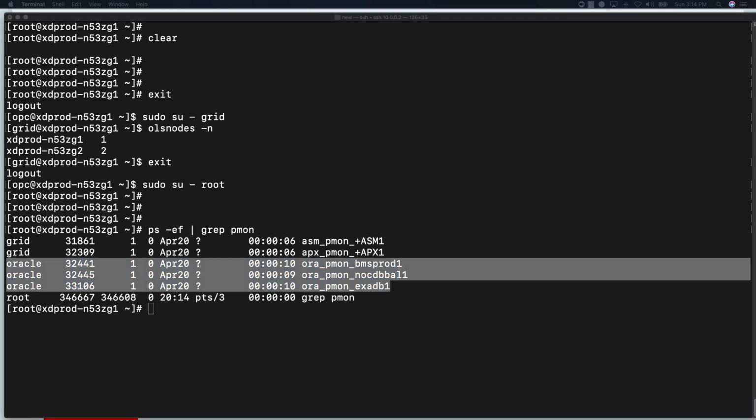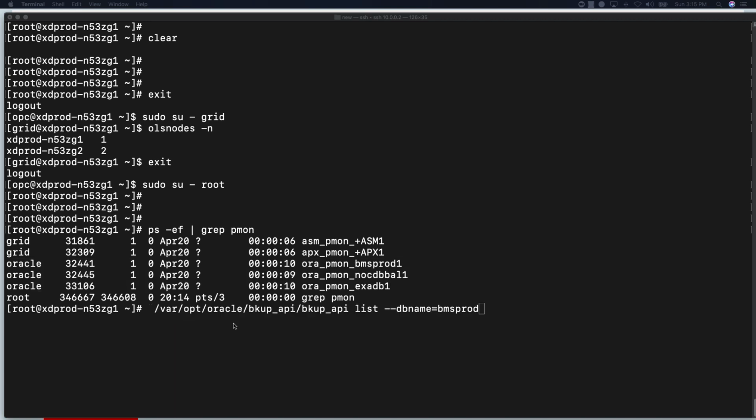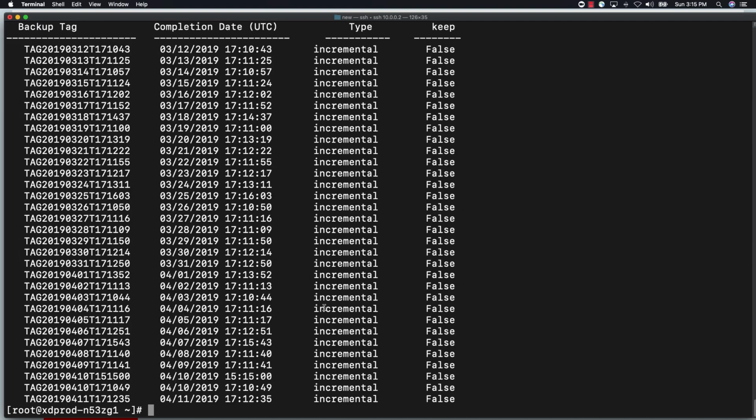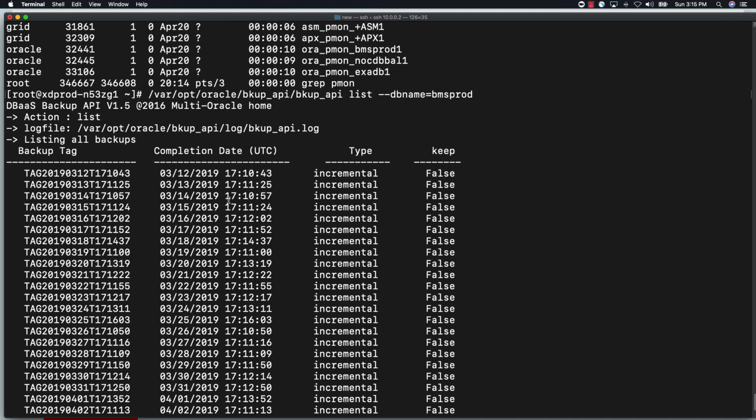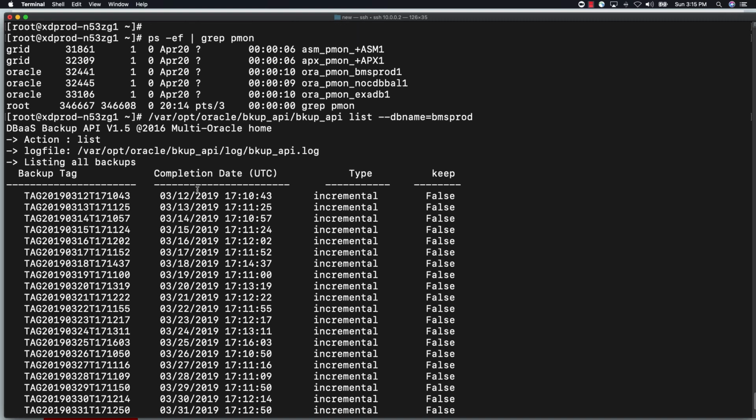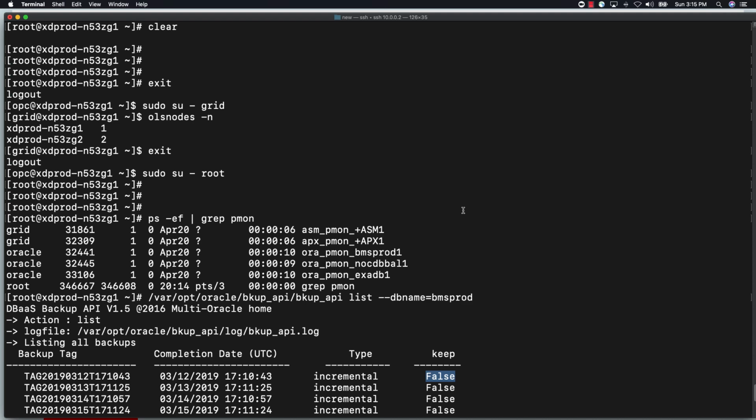For configuring, we discussed a few backup API commands. So let me see if I have some backups which were already taken using the backup API. The list backup API command lists all the backups taken with the API, right? It is based on the schedule which I configured originally. Once the database was provisioned, I configured the backup schedules. It shows me all the backup tags, their completion dates, and what kind of backups they are, like whether keep is false or true. Keep equals true is for long-term retention,